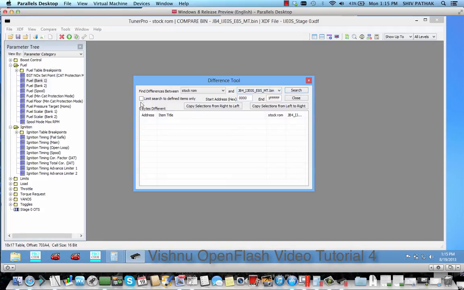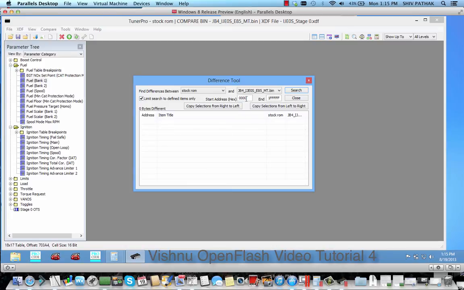Now you want to limit changes to the defined items only, meaning you don't want to compare the entire ROM byte for byte, it'll be a huge bunch of changes. Most of them aren't even going to be tuning related. So you want to limit the search to just the defined tables we've defined for you in our XDF file. That means all these parameters. So click on that, limit search,